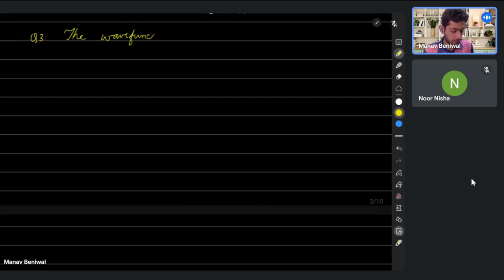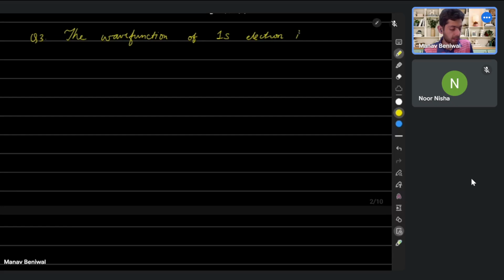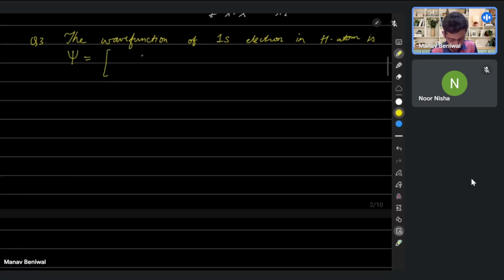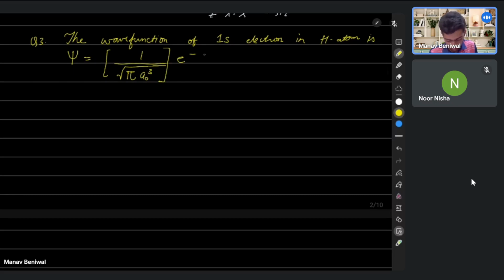So we are given the wave function for a 1s electron in hydrogen atom, and it is given as psi equals 1 upon under root pi a naught cube, e to the minus r by a naught. Okay, so this is the wave function which is given to us,